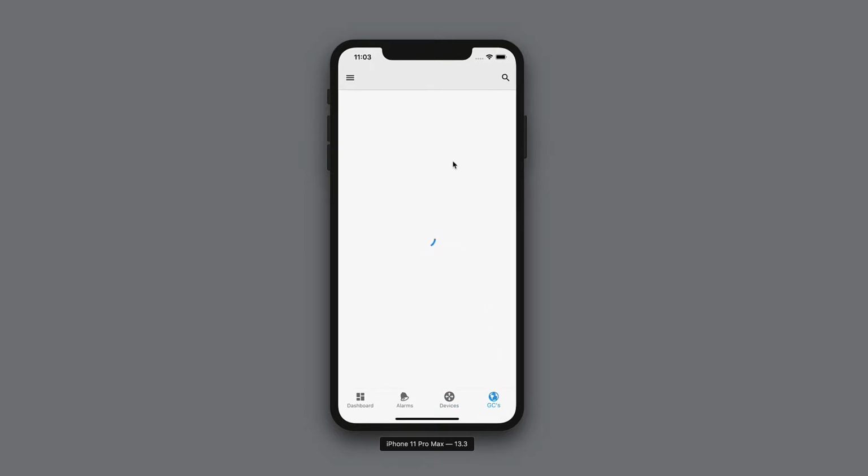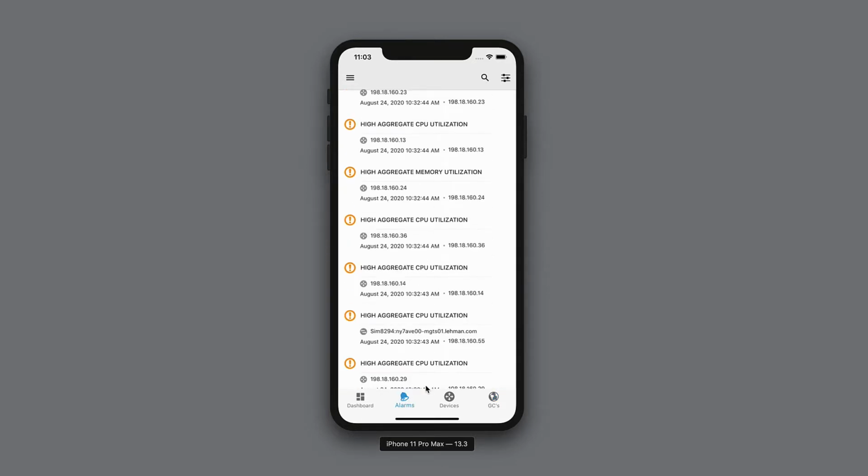and GCs. This will show the list of all the GCs available in the one-click server. So we have one real-time GC and three periodical GCs. Going back to the alarm view,